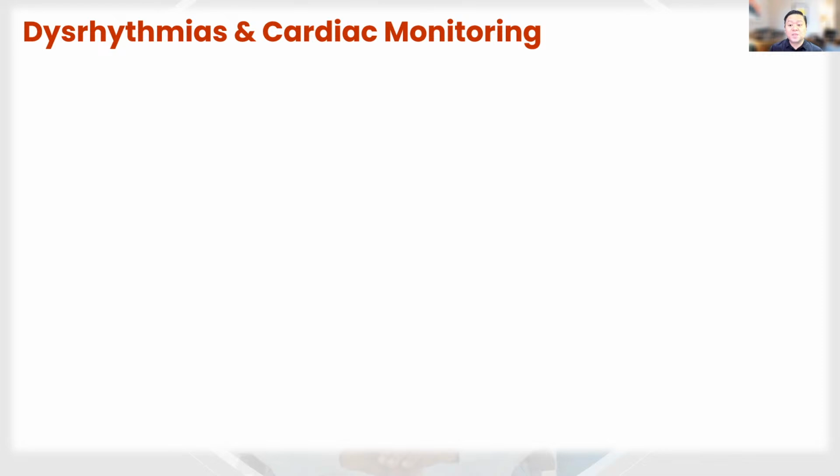Now, it is very important for you to be familiarized that patients that may have problems in their heart rhythm probably would need to have continuous cardiac monitoring. That would probably require the patients to stay near the monitoring system. It could be a telemetry box, and this is going to be monitored by the telemetry technician or the nurse themselves in order to check for any of these abnormal rhythms that may come in and out while the patient is